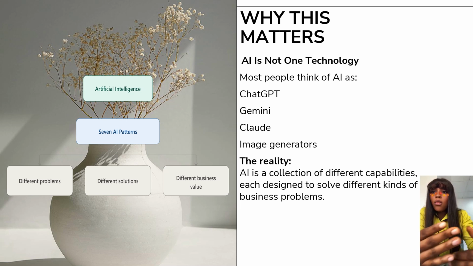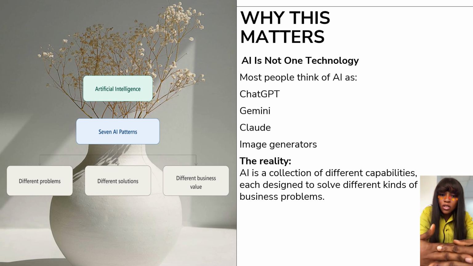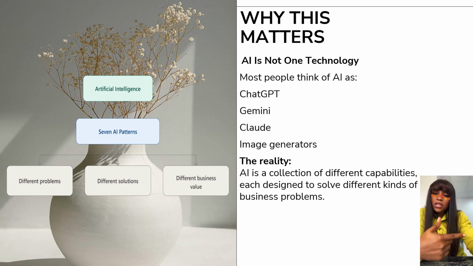Behind almost every modern business today, AI is quietly helping companies make decisions, automate work, detect problems, improve customers' experience, and also achieve business goals. So today I'll introduce you to what I call the 7 AI patterns, the 7 major ways AI is used in the real world. Once you understand these patterns, you'll start seeing AI everywhere.